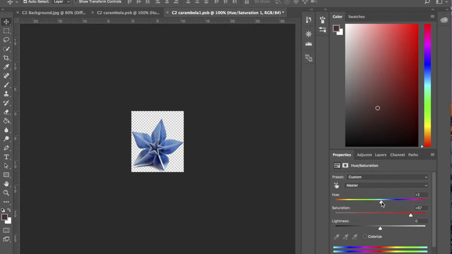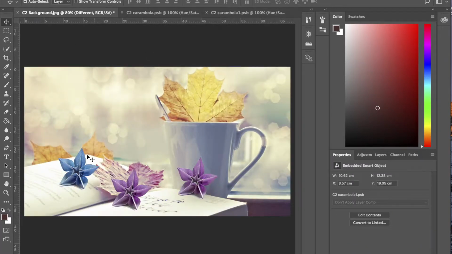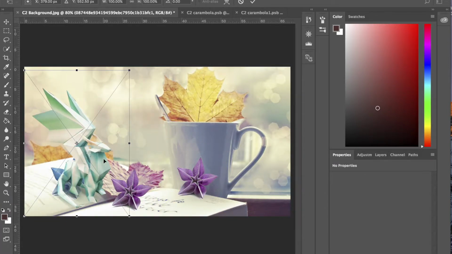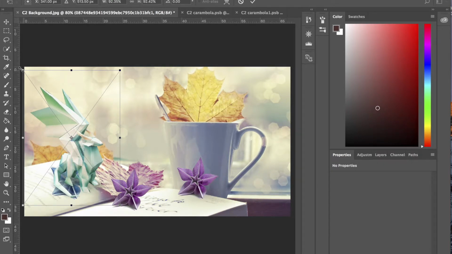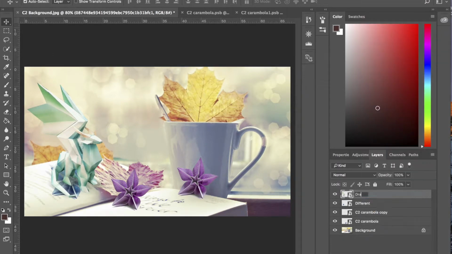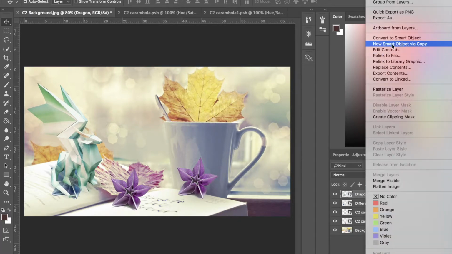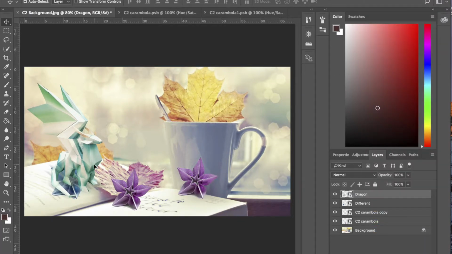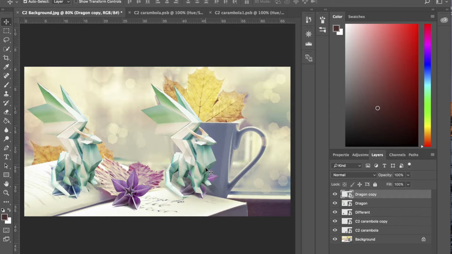So you can adjust the color knobs to your liking, and once we save, we see that this one now is different from the other two. It's also a smart object, but it's different. Now we import our dragons. So for this dragon, we're going to do the same thing. Naming it dragon, we are converting it to smart object, creating a copy, and now we're just going to do